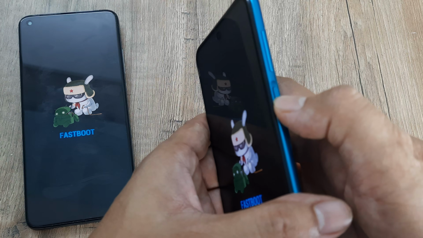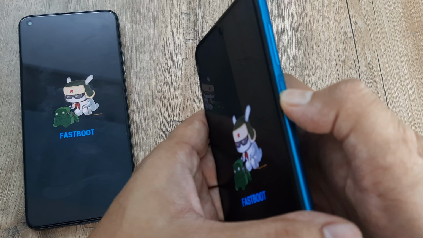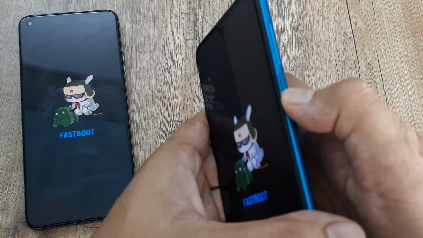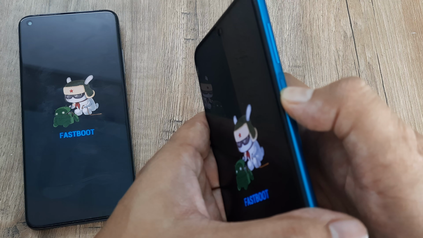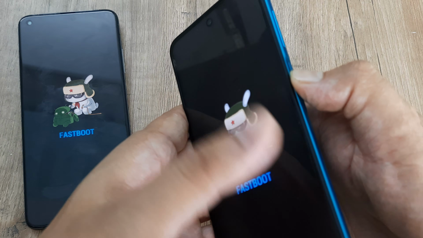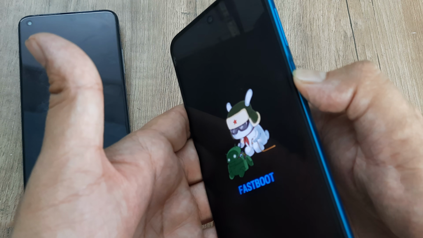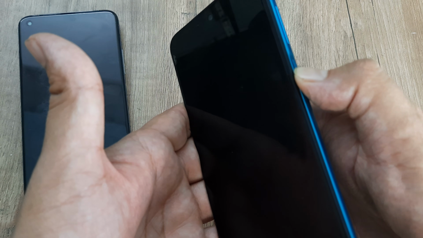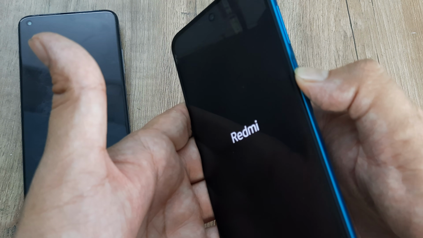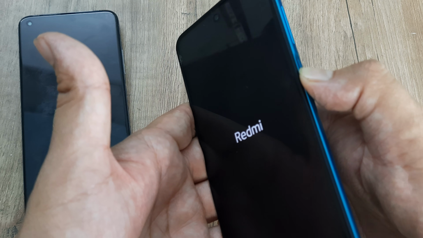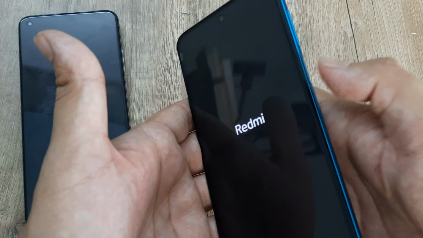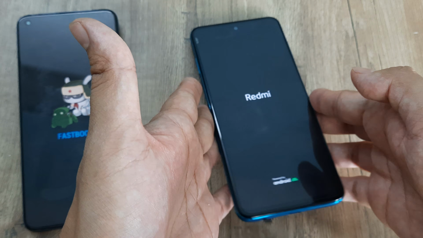So just hold on to the power button for quite some time. Just keep holding on to this state until you see the Mi logo coming on the screen. So this may take more than 20 odd seconds. Sometimes it happens fast, but sometimes it may take quite some time. So don't start thinking that this doesn't work. This actually works, and you will see that the phone will boot up.